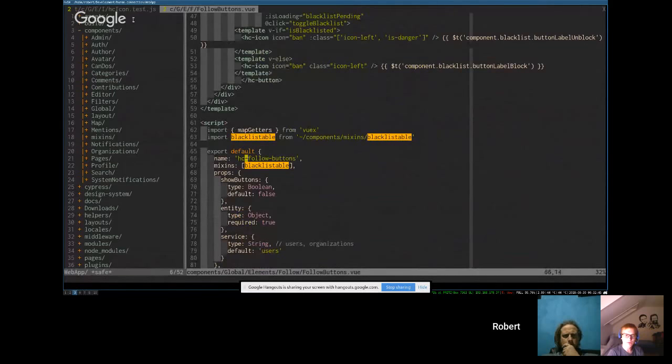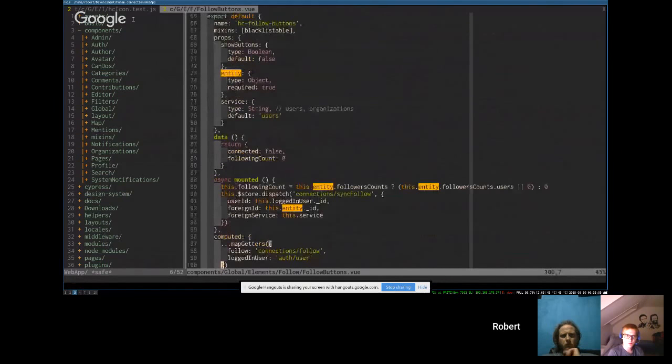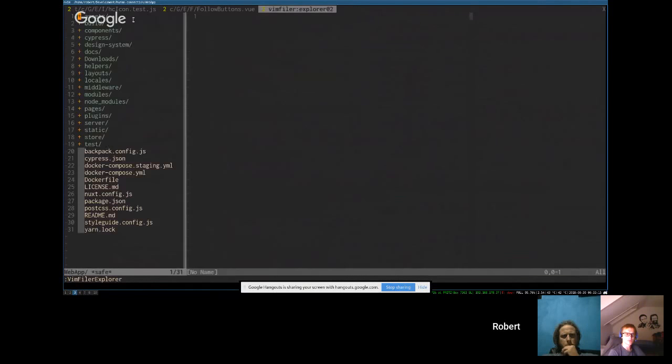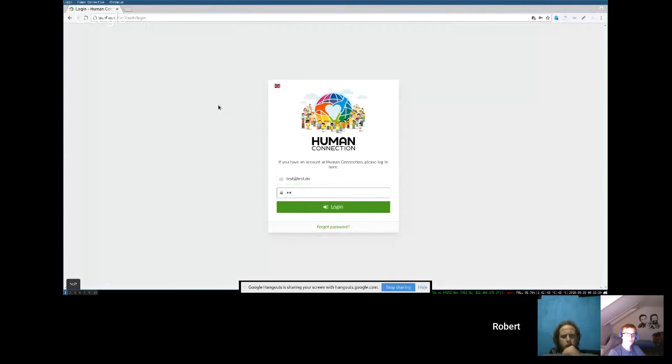And yeah, Matt actually pointed out it's bad practice to put the behavior for blacklisting people into the follow button. It's basically only because it already had the user as this entity thing. And I was not doing test driven development, and I was over engineering things. So maybe if we scrap the HC contribution menu thing, the dropdown